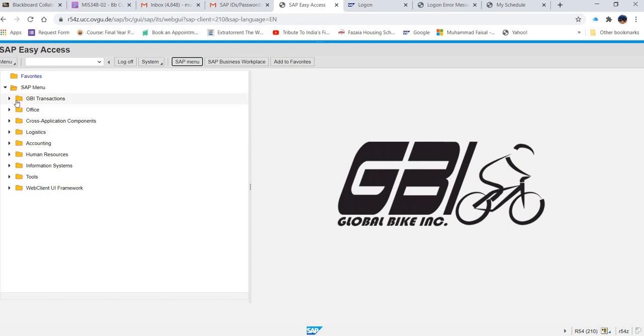You can see whatever is in yellow, those are folders. So whenever you have to perform some transaction, you have to go inside these folders, and then you will find the transaction which you have to perform. I will share the exercises with you, and in those exercises you will see that to perform any transaction, the whole path is given.